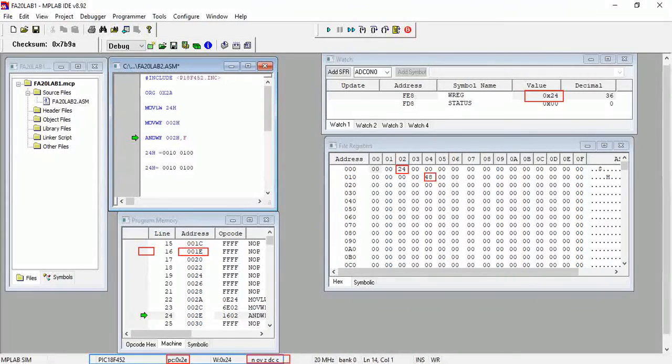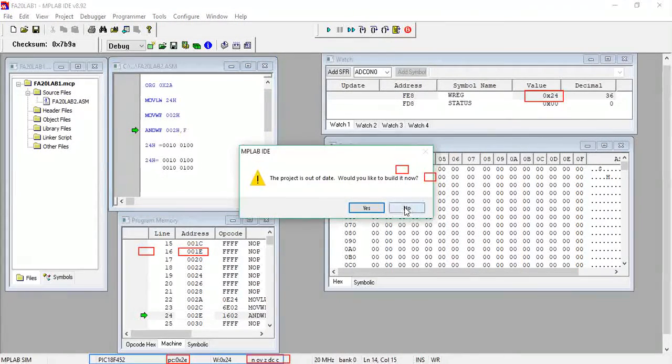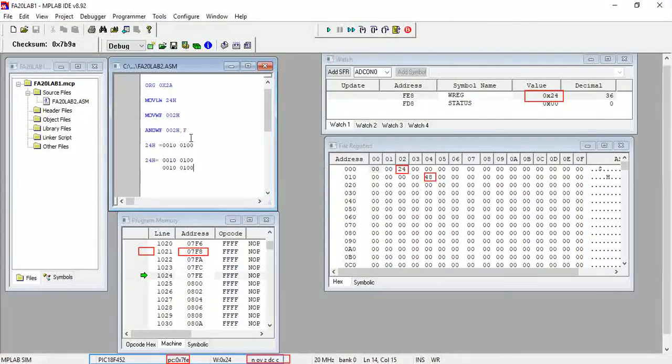If I apply AND to these two values, what will happen? 0 and 0 will become 0, so we will have the same values. The result is 0010 0100, so in the result we will have again 24. Let me change the number, but first of all let's repeat it. Okay, I built it. Let me change the number so that we can actually verify it.